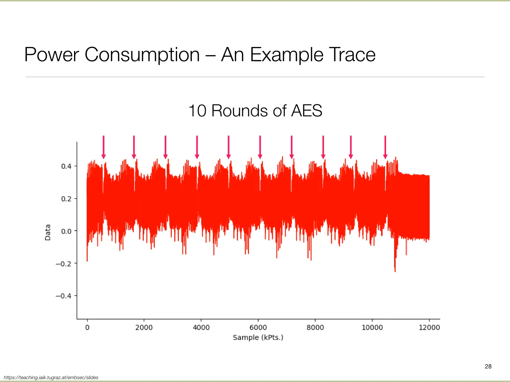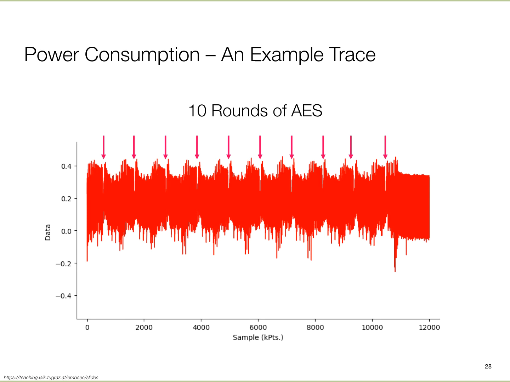So this is an example of 10 rounds of AES being done. So remember I said AES operates on blocks, and we kind of chop. Okay, so this is basically showing AES running, and you can clearly see some pattern, right? And firstly, you can clearly see that there were 10 rounds. I mean, it's just so obvious. So by looking at the power trace, just eyeballing it,